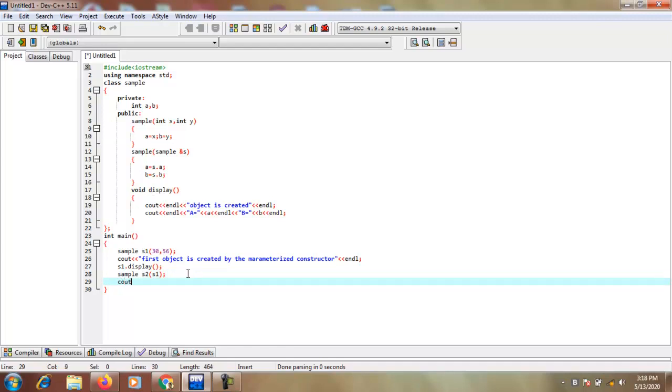Okay, so simply write something, that is, first I use the endl and then write "second object is created by the copy constructor".